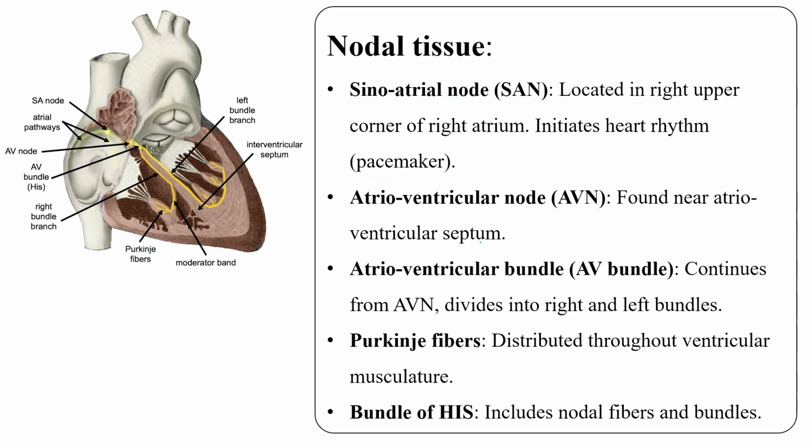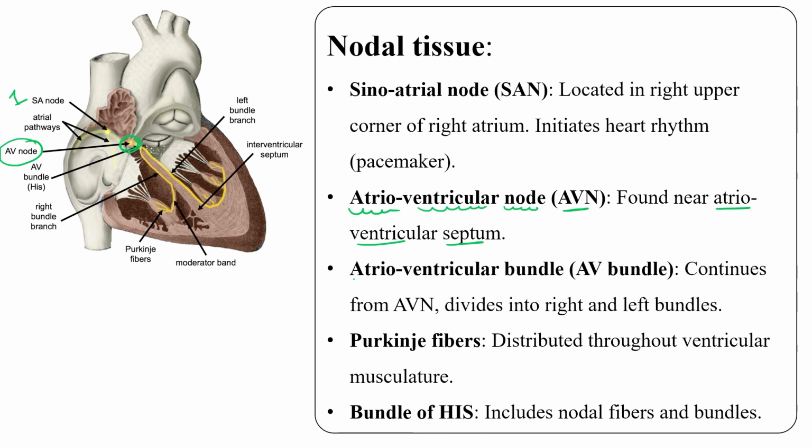Clear? Now, the second one is known as AV node, or atrioventricular node. Here it is located. This one is the SA node, known as the pacemaker, which initiates our heart rhythm. Second is the AV node. This AV node is found near the atrioventricular septum. So this is atria, and here the ventricle starts, so it is present in the atrioventricular septum.